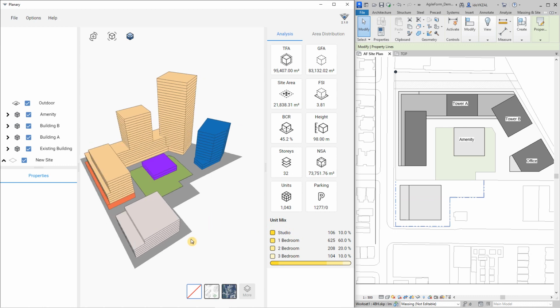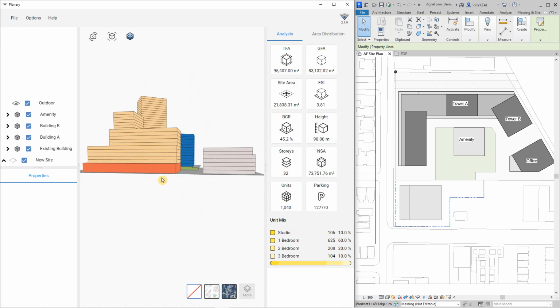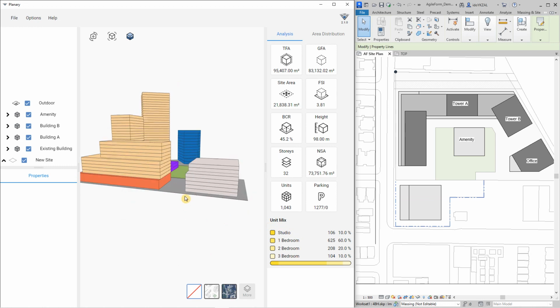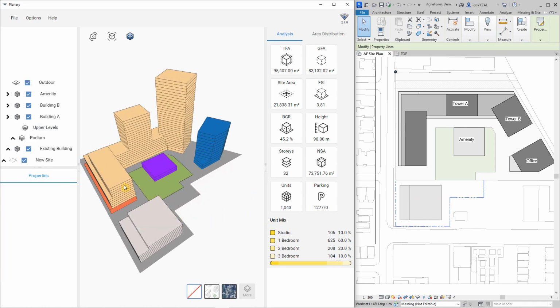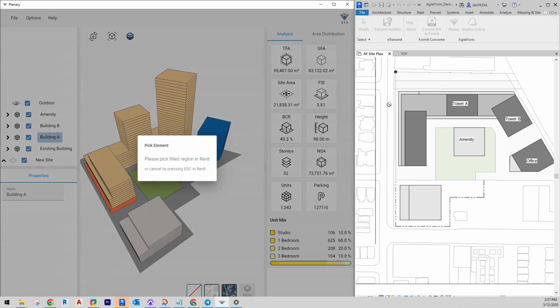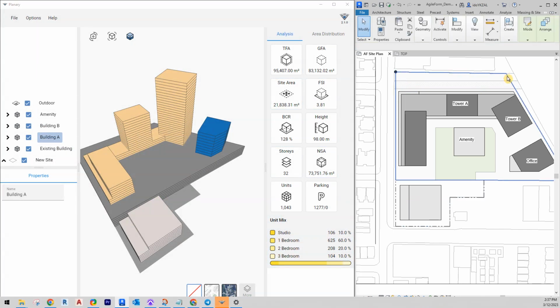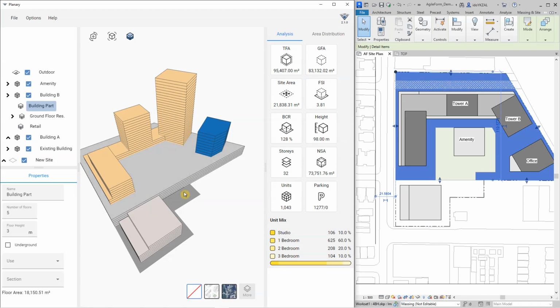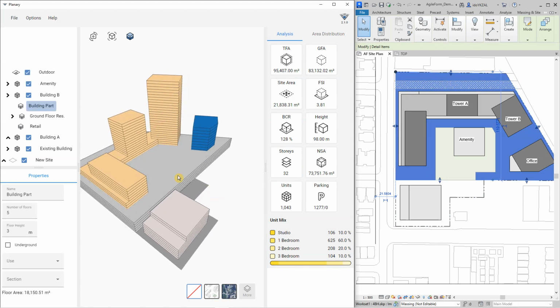The next thing that we're gonna do is to create underground parking. I want to have an underground under Building A, which will give us the number of the provided parking spaces. I'm gonna right-click on Building A, select Add Building Part, and pick my fill region from Revit. I'm gonna name it underground parking.